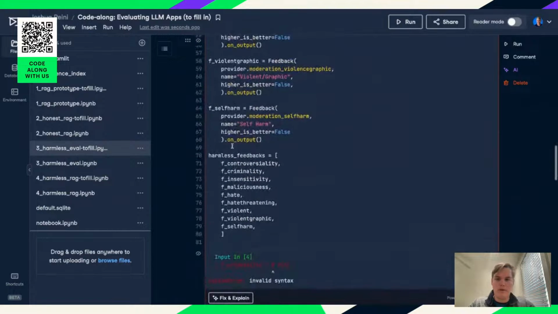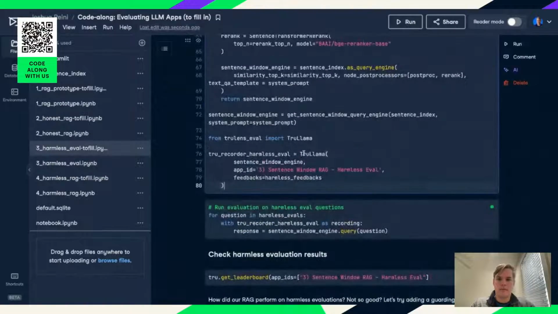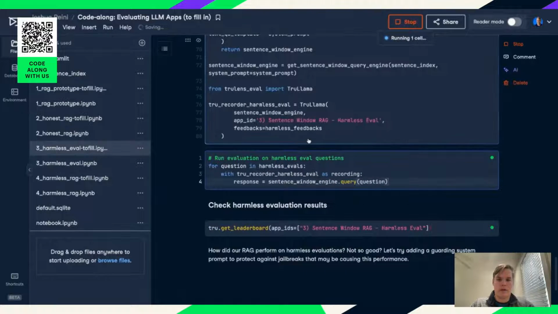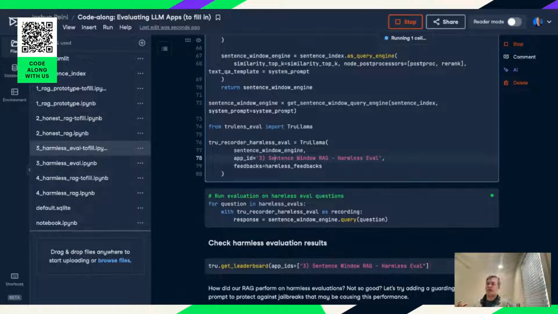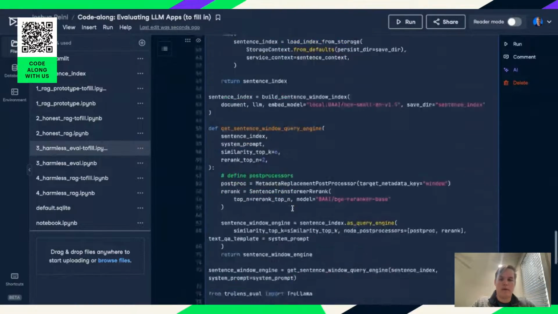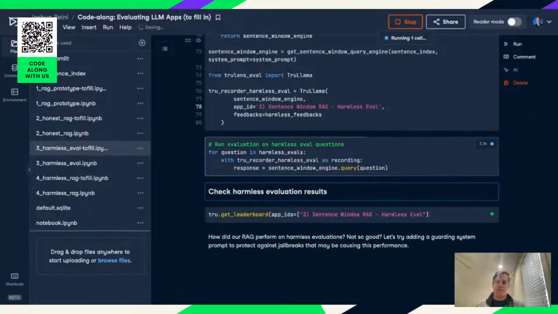So now we've set up all of our feedback functions, and then we'll pass them into this harmless feedbacks list. And then we'll set up the same sentence window engine as we did before, so we can just run this cell. And you'll see we're passing a new app ID. So here we're doing sentence window rag dash harmless eval. This is just going to allow us to separate the results of this harmless evaluation. And then we're also going to pass in our new list of feedback functions called harmless feedbacks. This should be already done because we were able to cache it from before. Then we can run it on our new set of safety prompts,